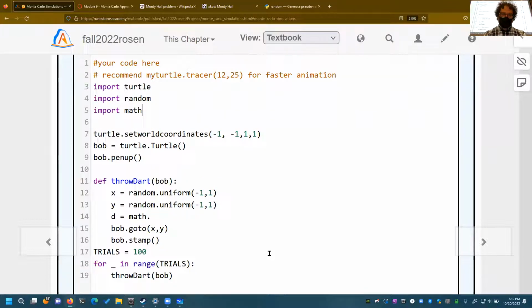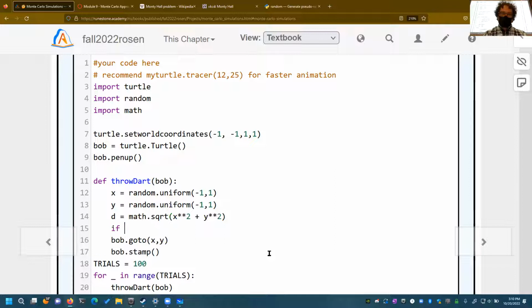Import math dot square root of x squared plus y squared. Nice and easy to do in Python. If d is less than or equal to 1,